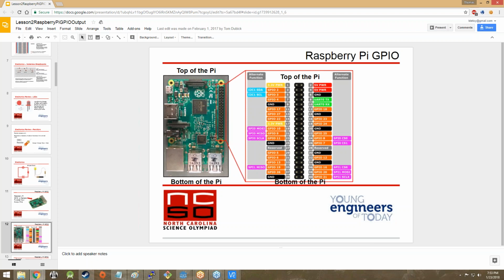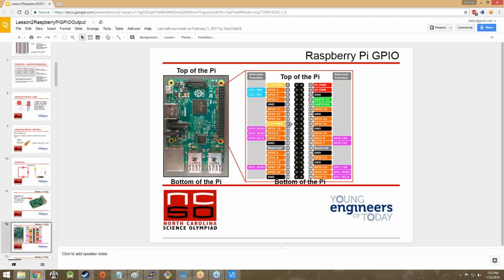Then you got 3.3 volt power, which is the 3.3V PWR in yellow. It's pretty hard to read. It's yellow and it's got the white writing, but pin 1 and pin 17 are going to be 3.3 volt power. So same deal as the 5 volt power, except instead of sending out 5 volts, you're going to be sending out 3.3 volts. Then you got a couple of pins labeled reserved, which are going to be strictly for Raspberry Pi stuff. And then you've also got